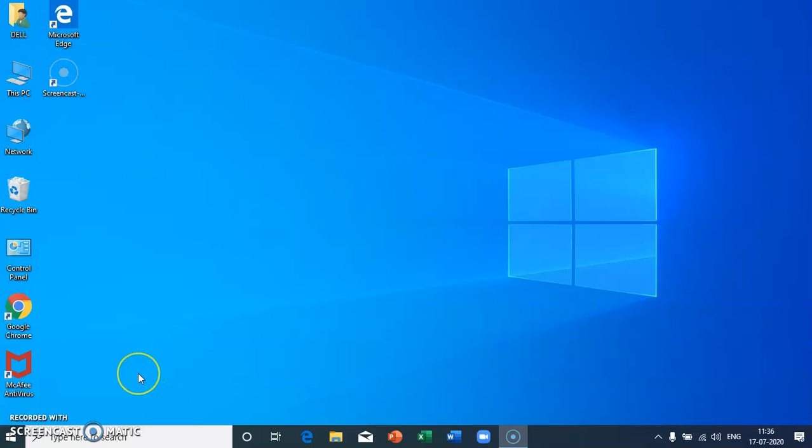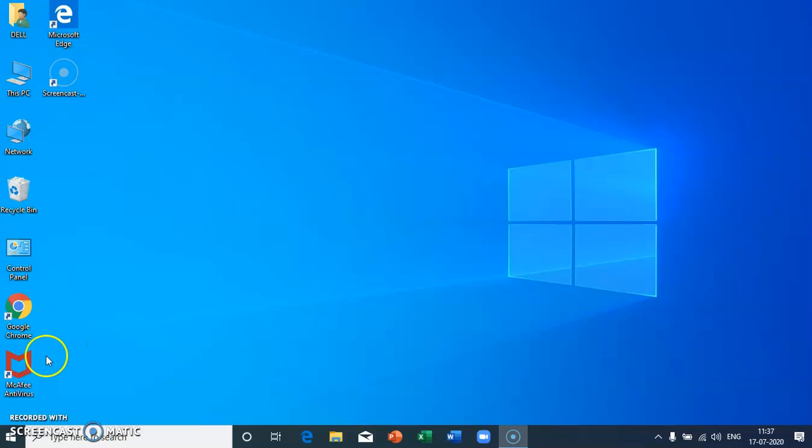Hi kids, today we are going to learn about parts of Windows 10 desktop. So this is the Windows 10 desktop screen. Desktop area can be divided into 6 parts. First one is desktop icon. Whatever pictures you will see on the screen are called desktop icons. So these all are the desktop icons.